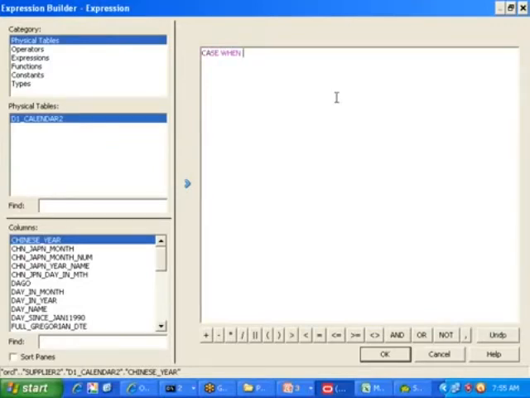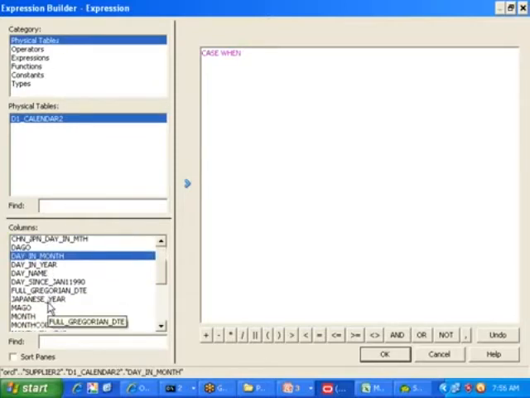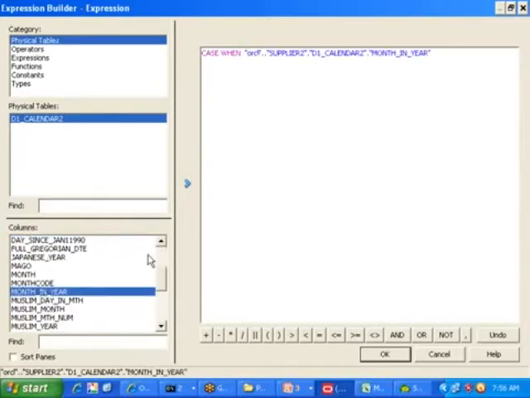Case when physical tables, next I want one column, that is month in year. Month in year less than 4, then 1.